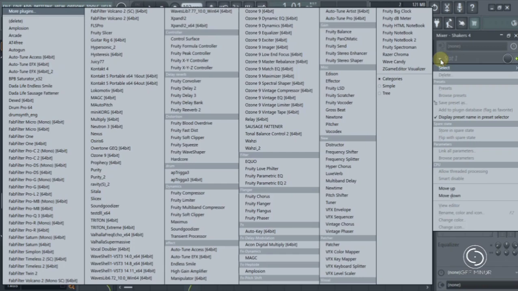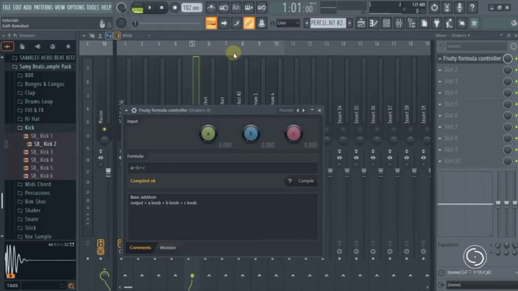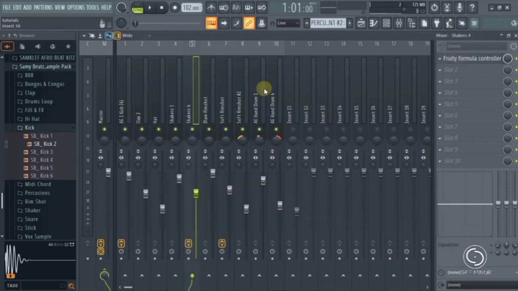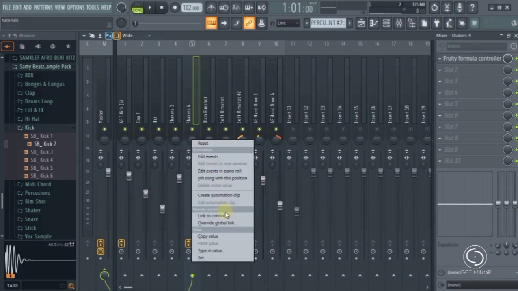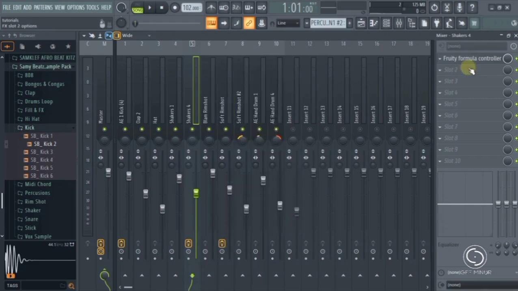First there is this Formula Controller. I've put it as an effect on the shaker. So now I go to this shaker pan button, click it, then link to controller. So I'm going to link it to Formula Controller out, accept. As it's playing,